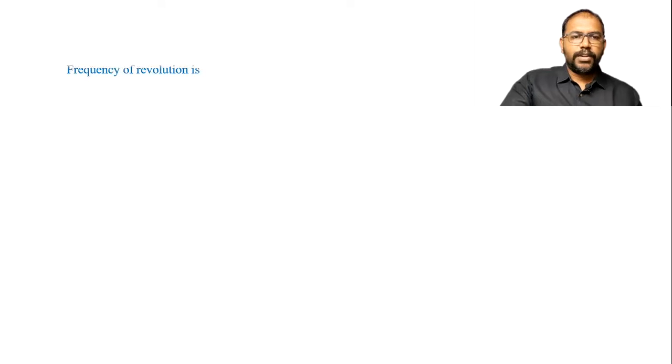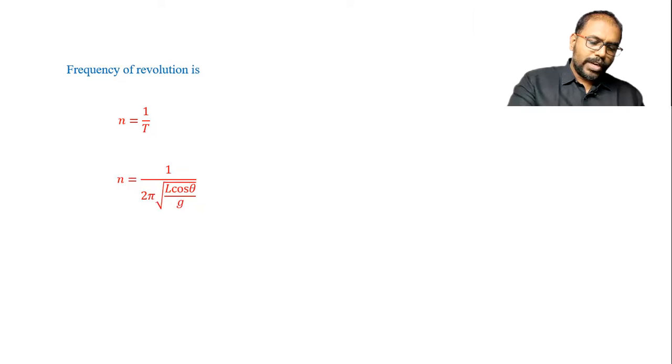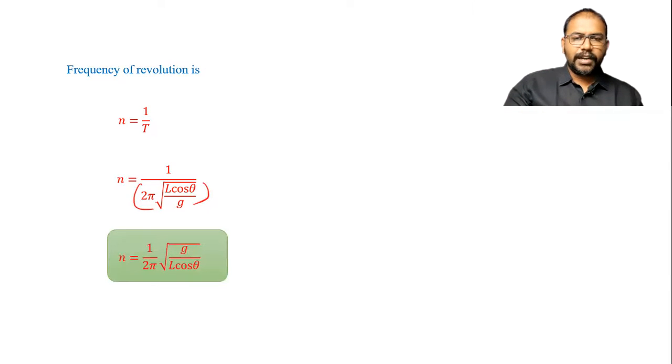Similarly we can obtain the frequency also. So frequency you know, frequency is the reciprocal of the period. So n, I use for frequency, is equal to 1 upon period. So n is equal to 1 upon, we have written the formula for the period. Now we rearrange it and we can write the final expression for the frequency of revolution of the